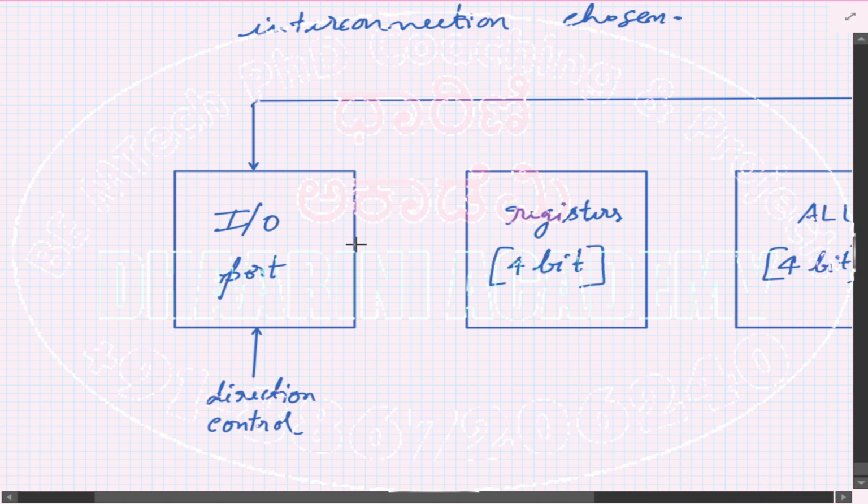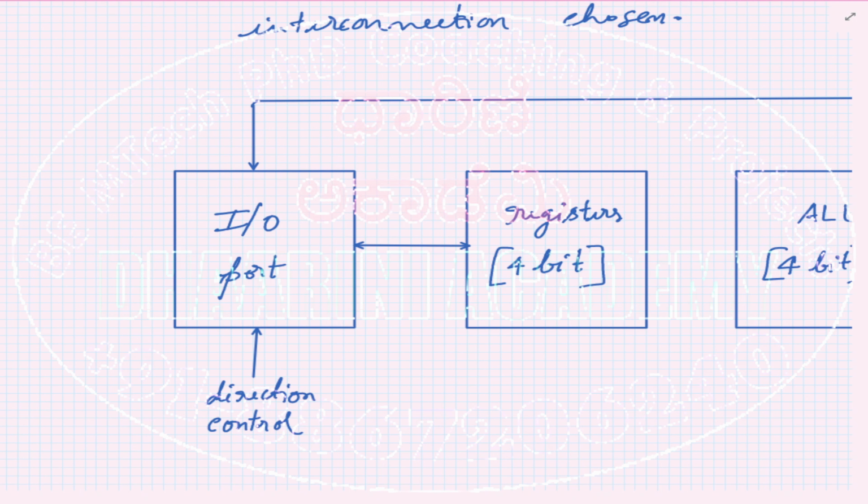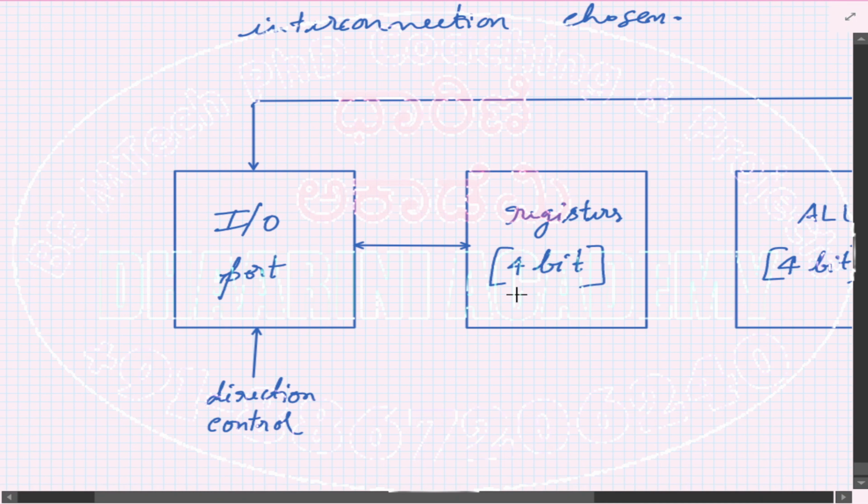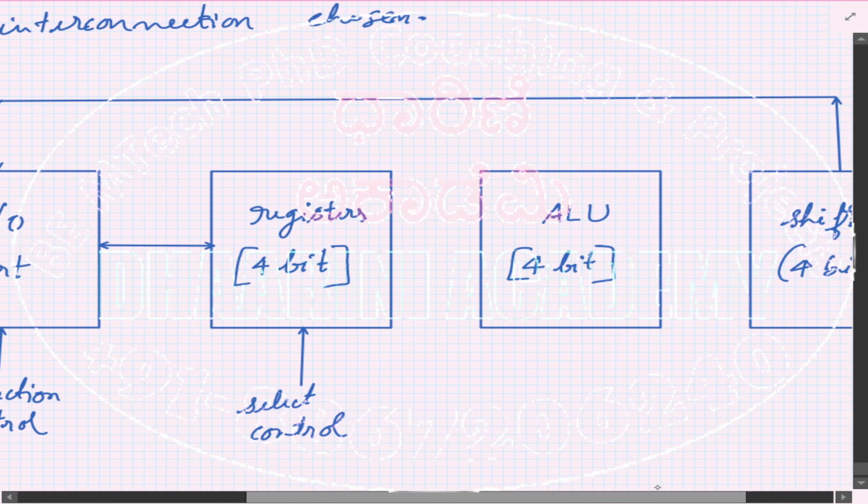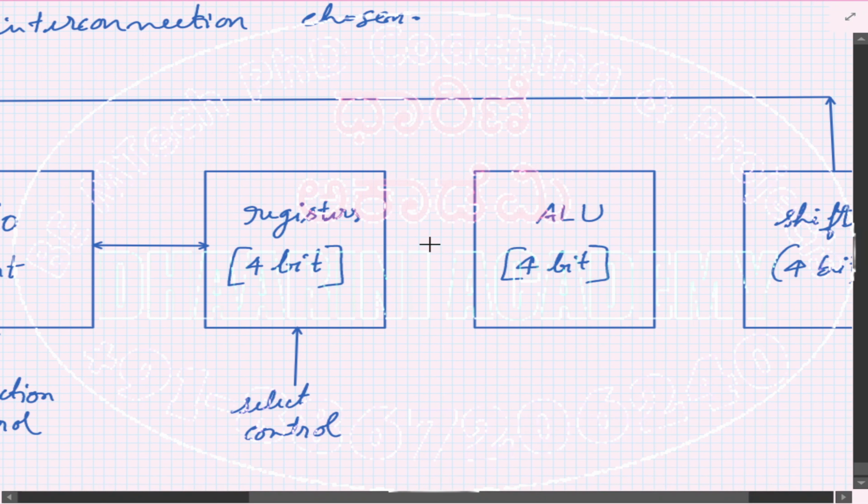From the IO port you always have a bidirectional arrow mark to the registers, because the register may give the data to the output port, or the data may be read from the input port to the registers. And the control which is required for these registers, we will be calling by the name select control. So each of the devices expects a control signal. Then from the registers the data will directly go to the ALU,